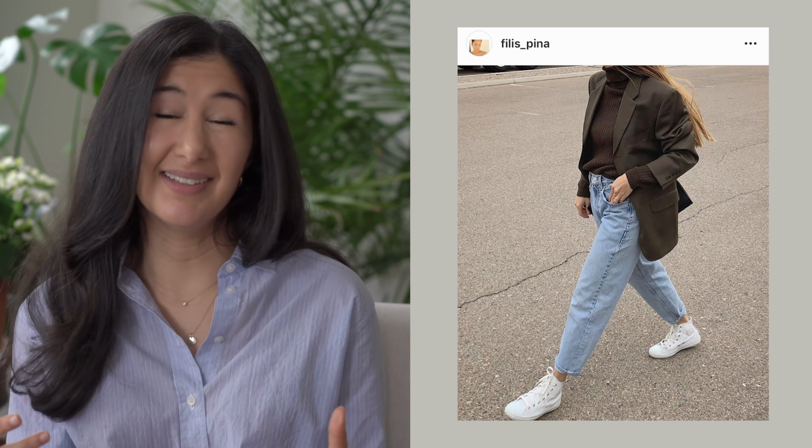It's something that can be a little tricky to wear. You might not find it very flattering on yourself, but it's a really easy one to incorporate into your wardrobe because it's jeans. So it's not something that you're maybe uncomfortable wearing. It's something that you've probably been wearing every day for the last however many years, but by updating the silhouette,